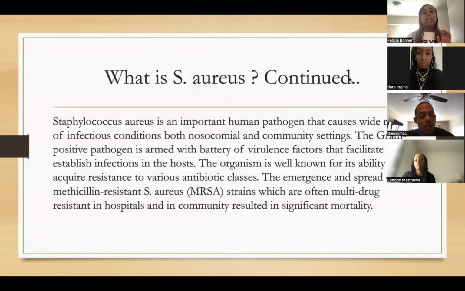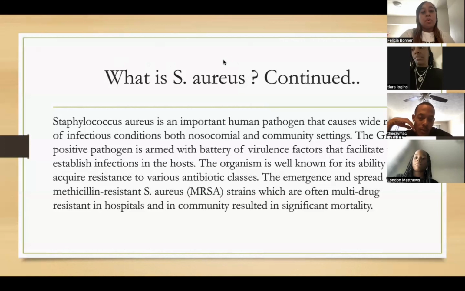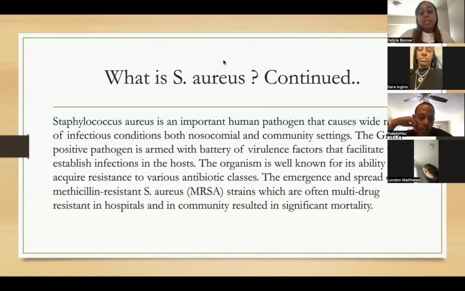All right, so Staphylococcus aureus is an important pathogen causing a range of infectious conditions, in both nosocomial and community settings. The emergence and spread of methicillin-resistant Staph aureus, MRSA strains, which are often multi-drug resistant, in hospitals and the community, has resulted in significant mortality. So to break it down into terms of understanding, when you come in contact with Staph aureus, it's serious enough and catastrophic to the point where